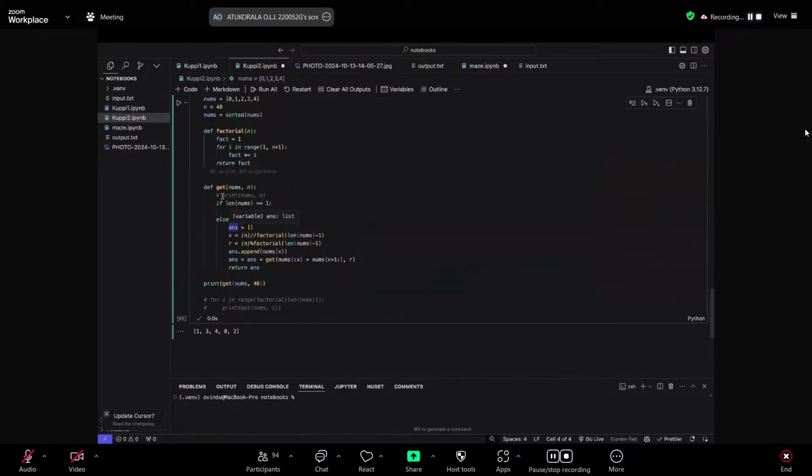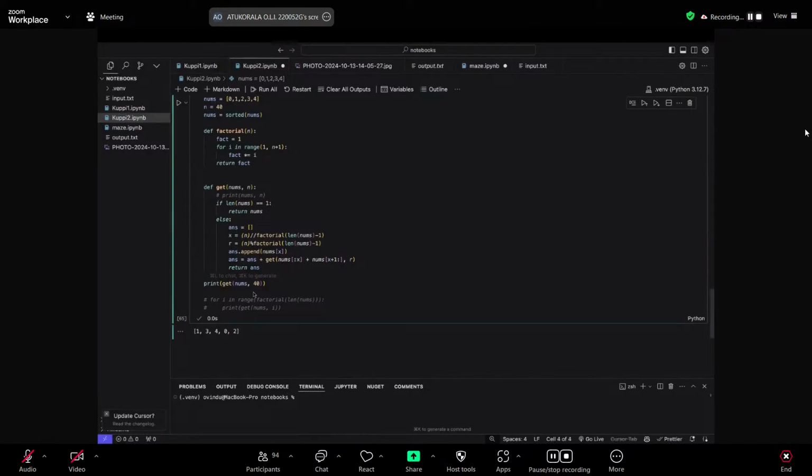So here what I did was I have this empty array called answers. And towards the end, what I do is I get these values. One is to figure out the position. So X gives you the first position, the current position. And next, what I do is I make it smaller and I call this function again recursively. And I give in R and I reduce the numbers and give it. So just have a look. I think you will be able to understand. If you don't, you can just drop me a message.